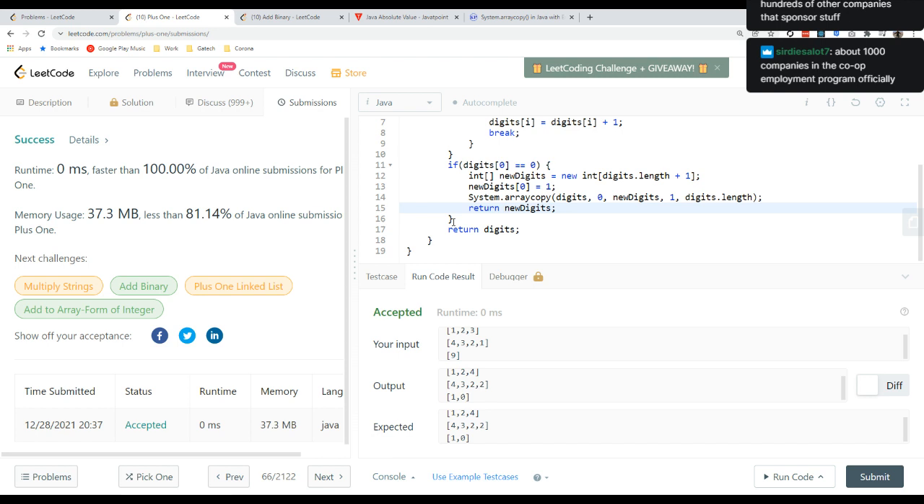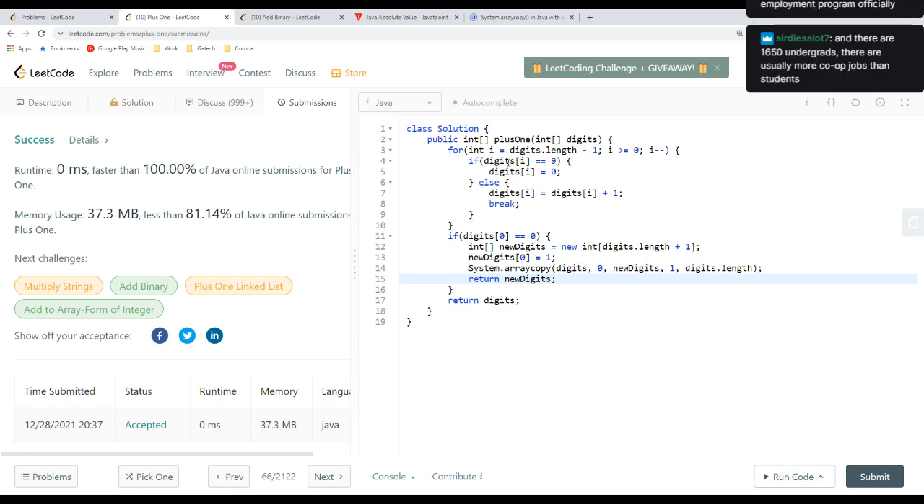So, chatting with the chat a lot, I didn't really talk too much about what I was doing here. So, just a quick recap. I ran through the array from right to left, incrementing every digit that was 9. And at the end, we've got the edge case of,